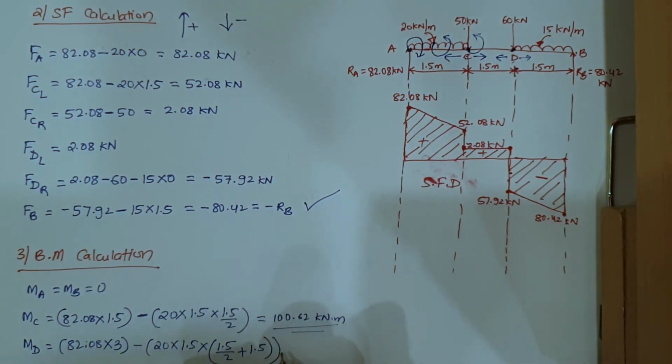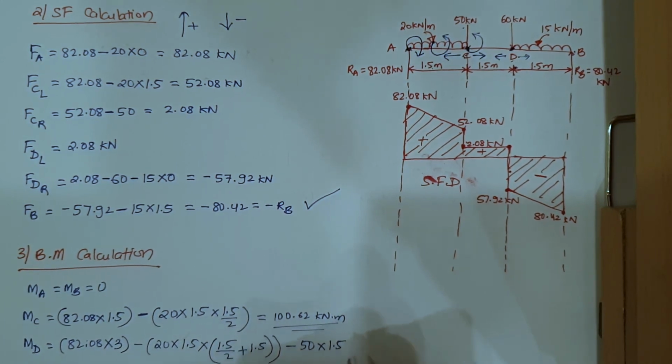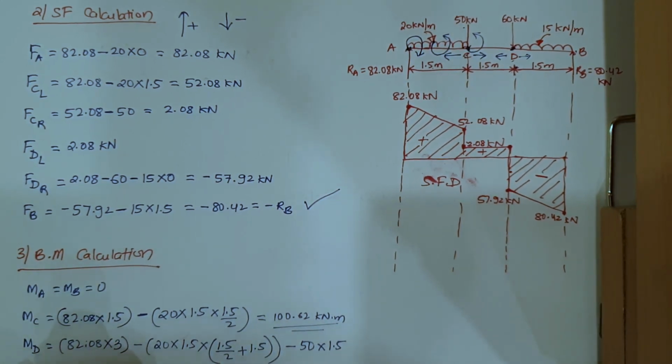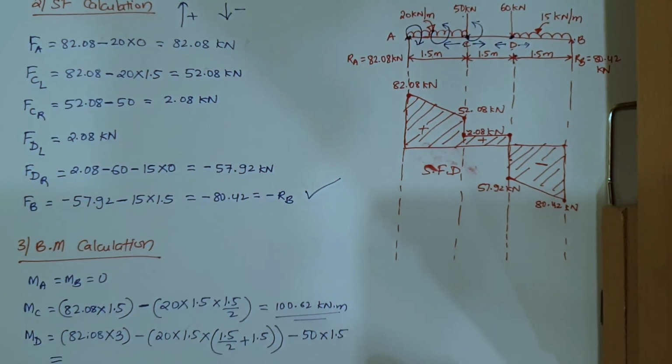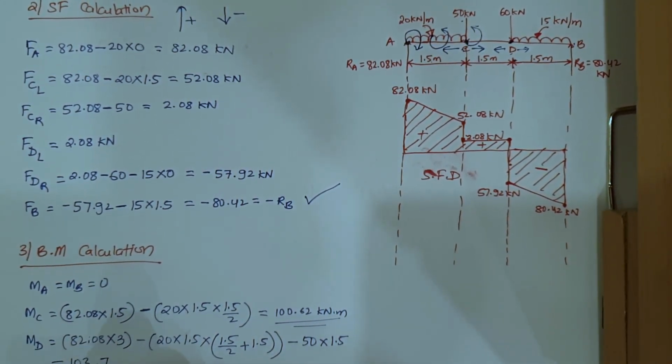Right? Next we have point load going in anti-clockwise direction, so minus 50 into the remaining distance, which is 1.5. If you calculate all of this, moment at D will be coming equal to 103.74